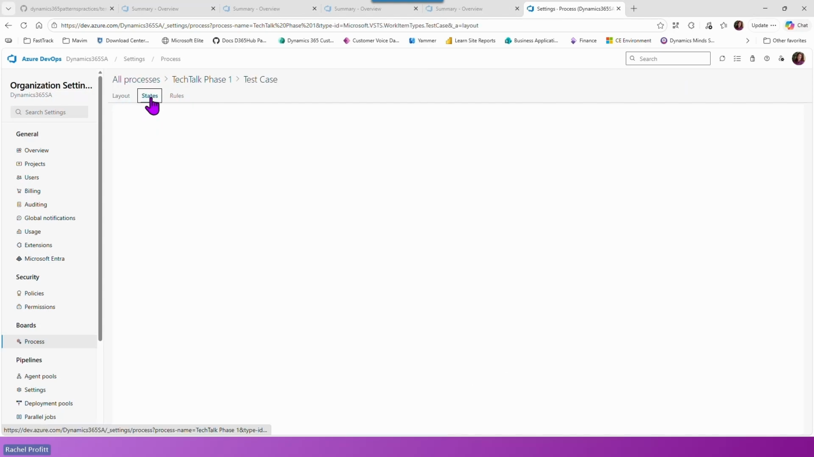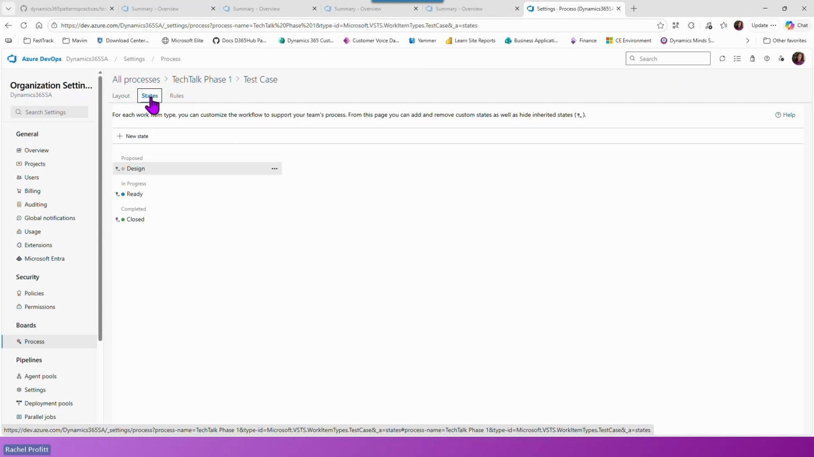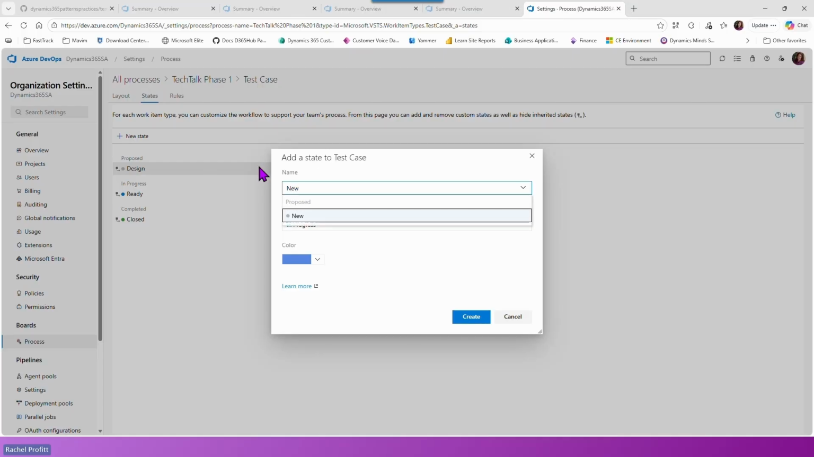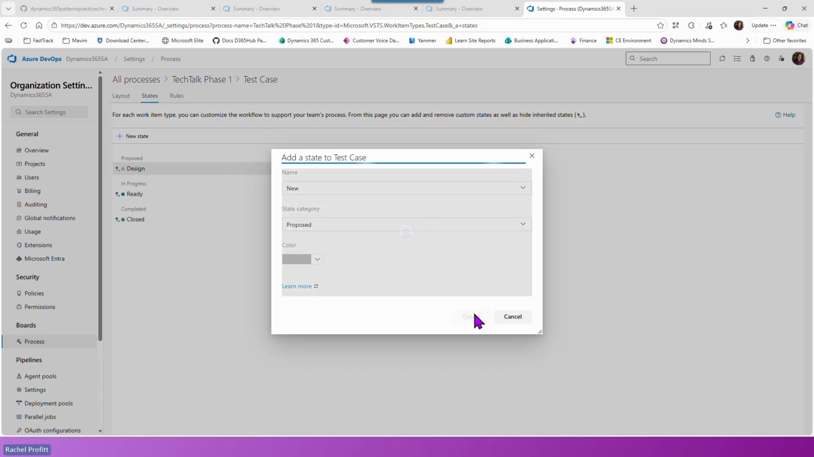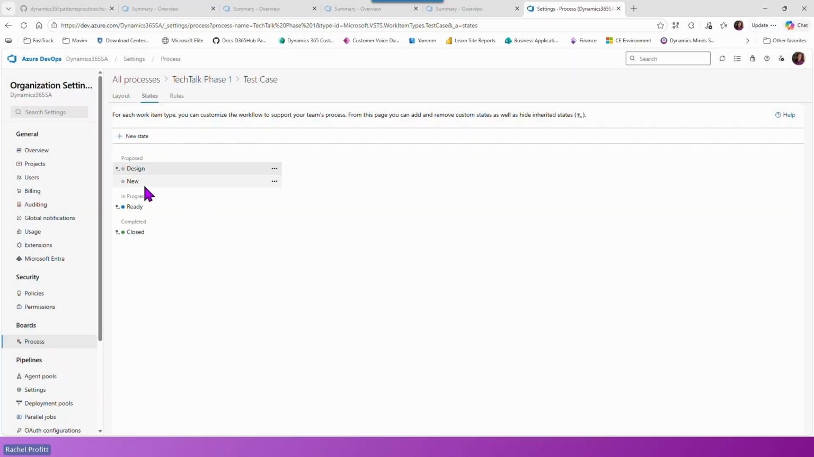there is one state that you have to add in order to be able to import the work items. And that is you need to create a new state called New for the proposed state category. You can choose a color for it if you want and click create. So I always recommend that you create it and you move it up and it would be the first